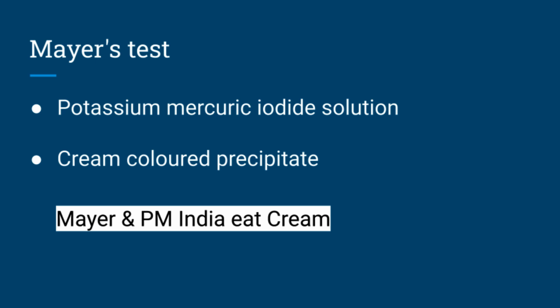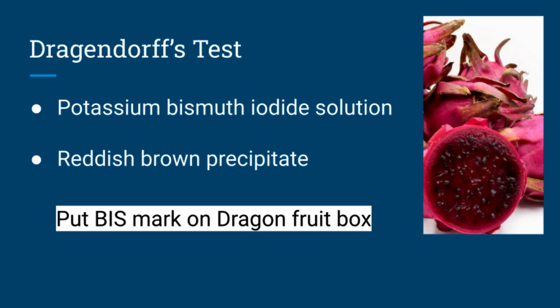Mayor denotes Mayer's test. PM India denotes potassium mercuric iodide. P for potassium, M for mercuric, and I of India denotes iodide. Potassium mercuric iodide. Eat cream. That cream denotes the cream-colored precipitate. Next chemical test is